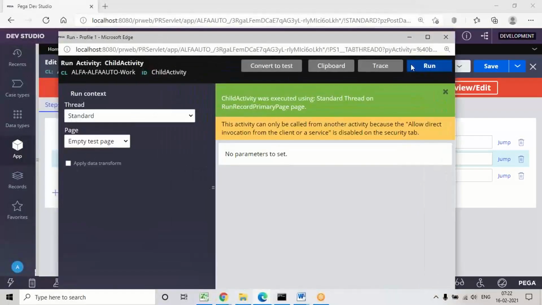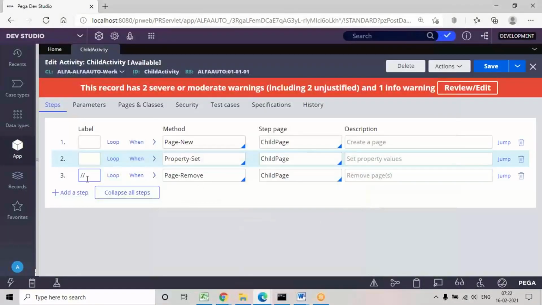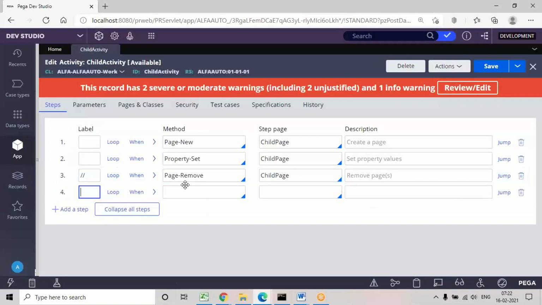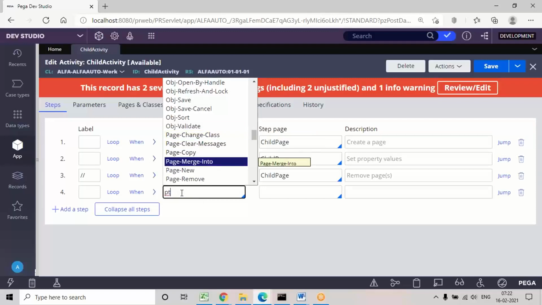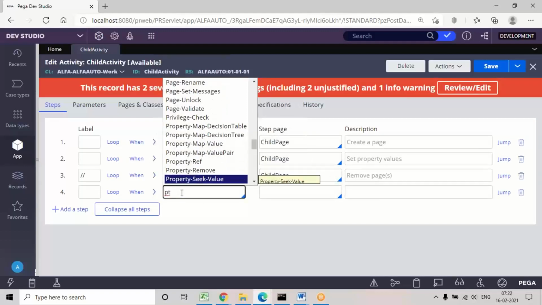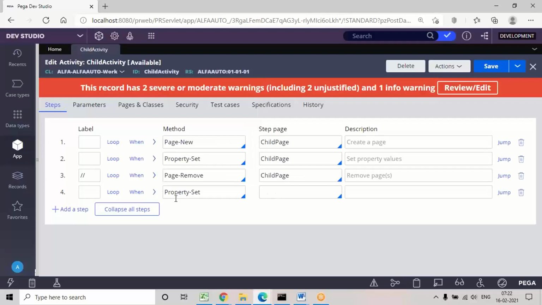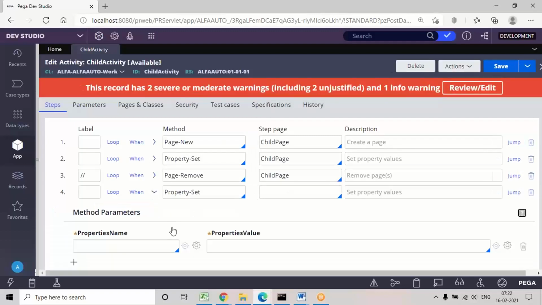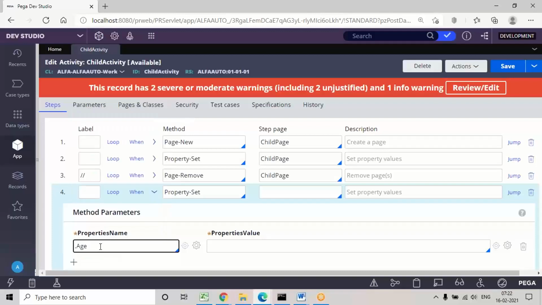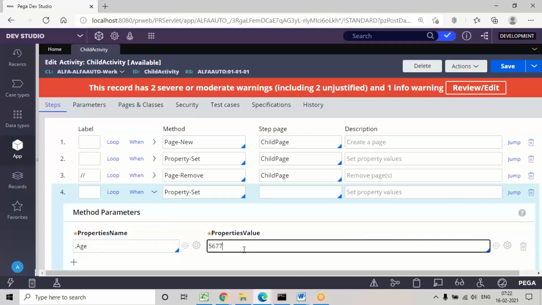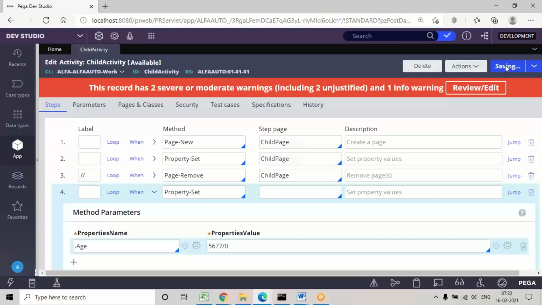See, with run wizard, if you want to execute continuously, there is no need to close the window every time, just minimize that window. Okay, I'm adding some step in this activity. Actually this time I'm not using this user page, because I'm using a work class property. I'm just assigning some value. See, the value I've given is divide by 0. When you save this step, you will not get any error or any issue. In the clipboard also, it will not show any error.